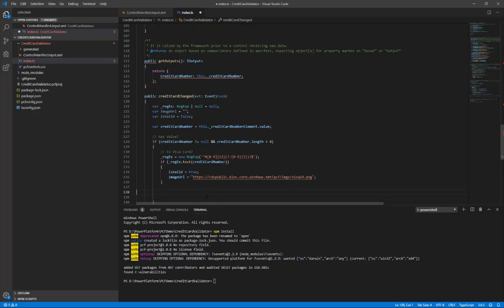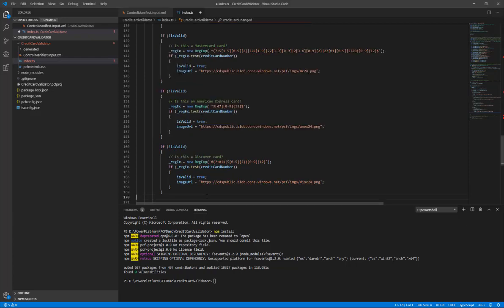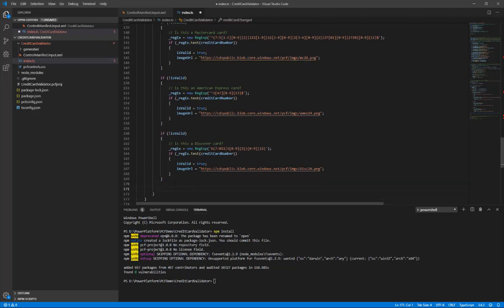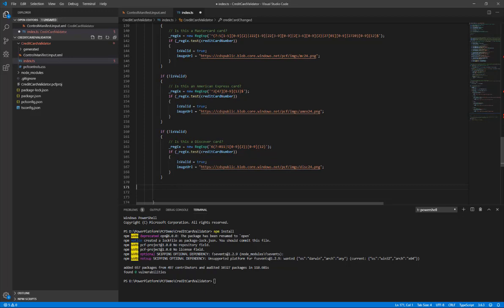Okay. So after this, basically I have to call the same thing again for MasterCard, Amex, and Discover. So I'm just going to copy the code here instead of having to rewrite it. So I have the same code for MasterCard, Amex, and Discover. And finally, after all of this is finished,